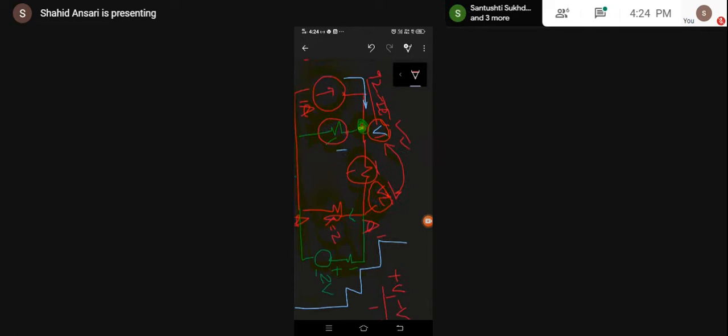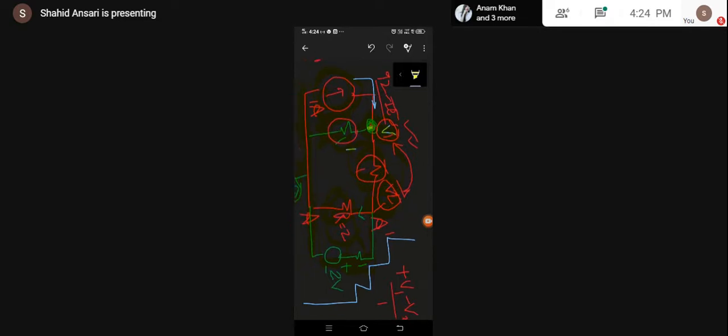Because the voltage across this branch is V1 and V2, I am writing (V1 minus V2) divided by 1, and for this branch, the voltage is V1 on one side and 0 on the other, so I am writing (V1 minus 0) divided by 1. Now, the source: if there is a current source, look at its direction, whether it is toward that node or away from the node.